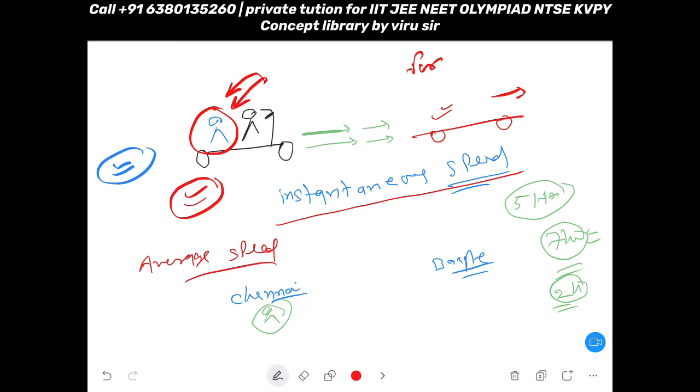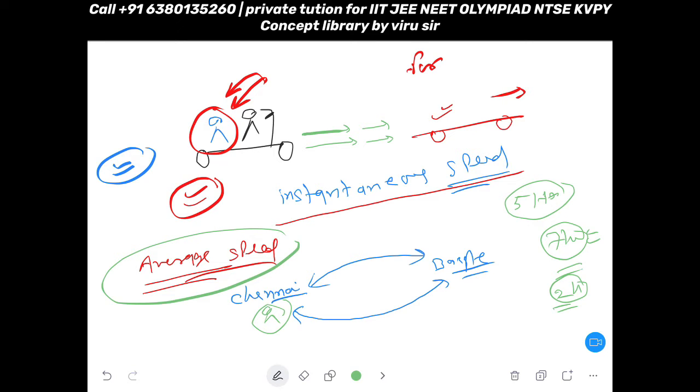So average speed, how to feel this average speed? To cover the complete distance, how much time you have taken to cover the complete distance. Average speed will not talk about the instantaneous point. Suppose you are going from Chennai to Bangalore, and you have so many places. If I ask exactly when you are crossing this place, what was your speed at that time? That will be your instantaneous speed, because that will be a particular time, right? When you are passing this place, what was your speed?